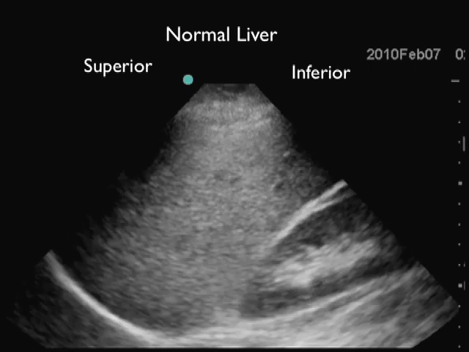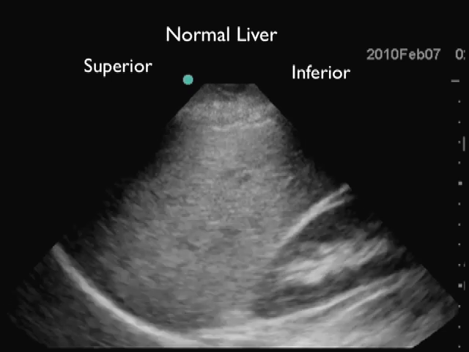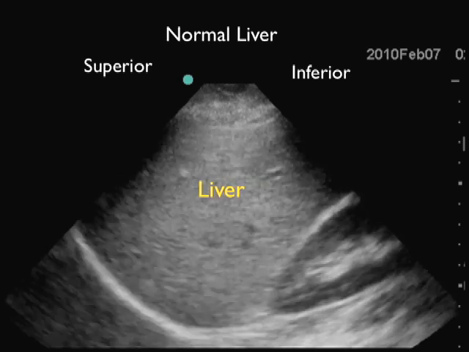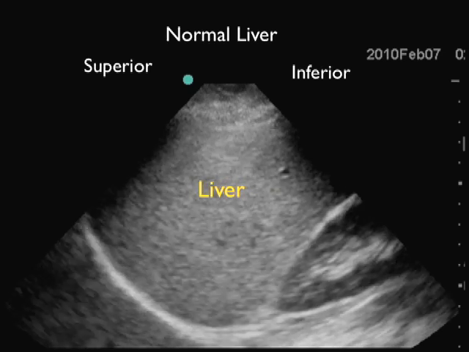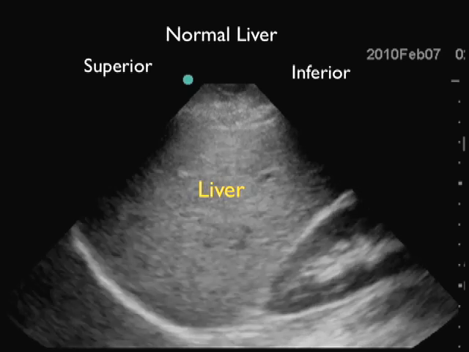Here's the normal appearance of liver on bedside sonography. I'm placing the probe in the traditional right upper quadrant FAST view. I have the probe marker towards the patient's head, so superior to the left, inferior to the right. The large structure we see in the middle of the image is all liver. And we see superior to the liver the curving white line, which is the diaphragm, and inferior to the liver,